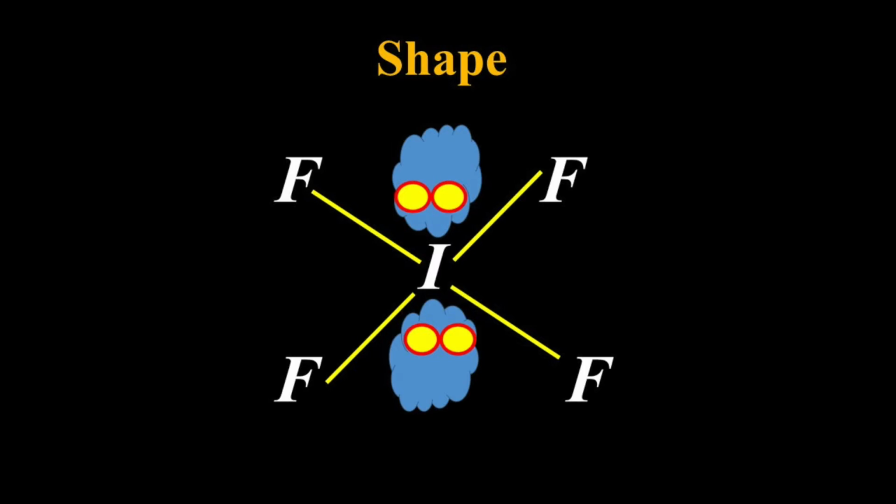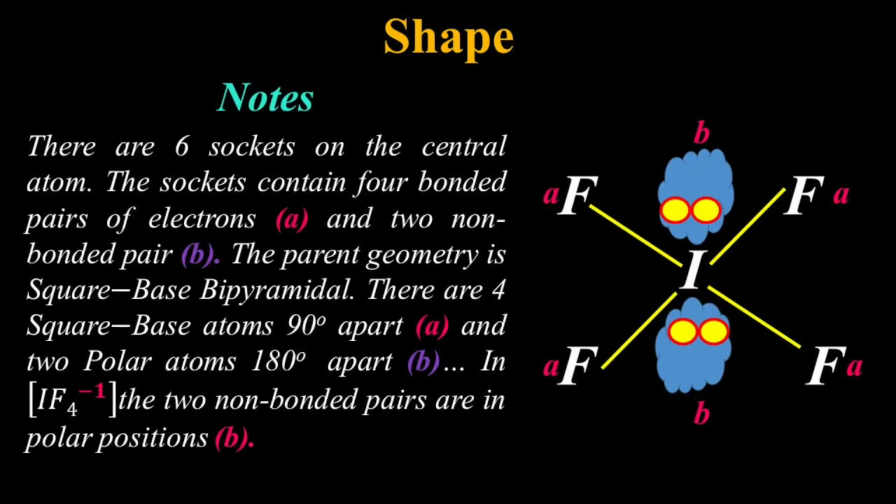So let's look at the note, a little side note here, and that says there are 6 sockets on the central atom. The sockets contain 4 bonded pairs of electrons, A, and 2 non-bonded pairs, B. The parent geometry is square base bipyramidal. There are 4 square base atoms 90 degrees apart, A, and 2 polar atoms 180 degrees apart, B, in